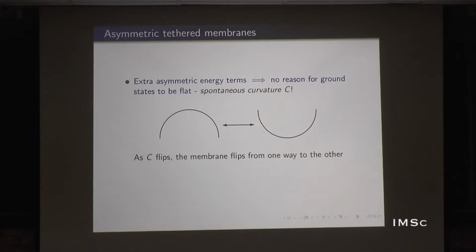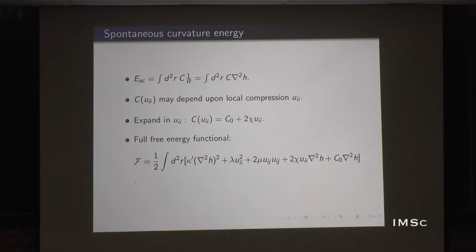The flat state is not the ground state because when you make the membrane up-down asymmetric, there are extra energy terms. There is no reason for the ground state to be flat, and the extra energy terms come from spontaneous curvature. So the membrane will try to bend downward or bend upward. As you change the sign of C, the membrane will flip from up to down or down to up. The spontaneous curvature energy has this particular form. It's just a single